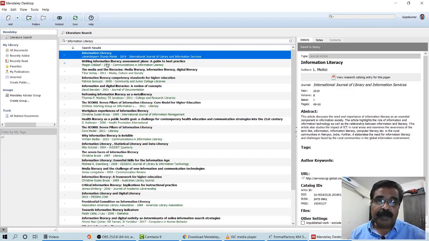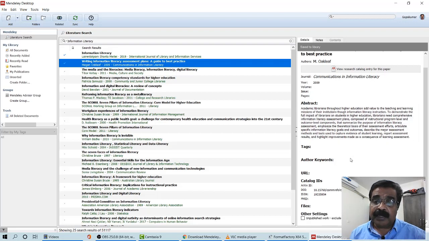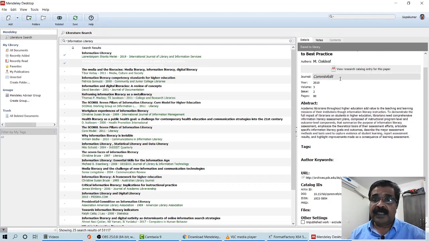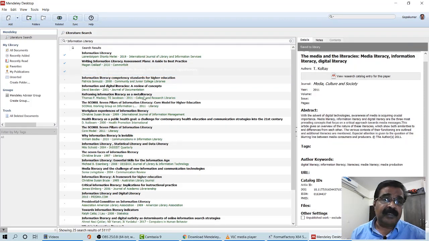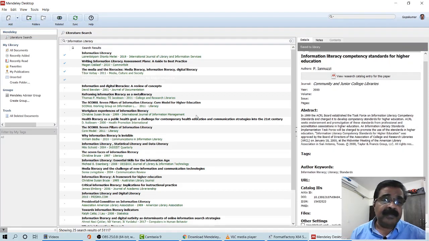But what will happen is, see here also the information is incomplete. Again you have to go for lookup. Yes, it has got updated. Similarly, you have to read the entire thing, the abstract at least, and then identify whether it is useful or not. So if you find that it is good, you can click on the save button. Same way you can continue. Yeah, this also is good.